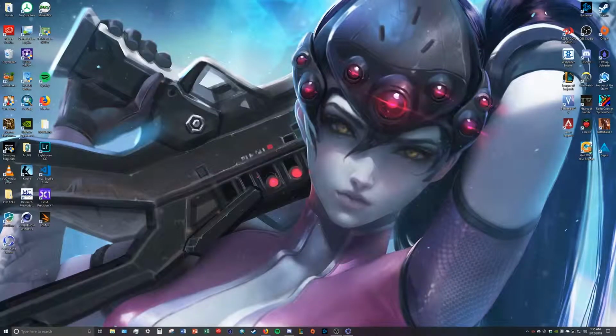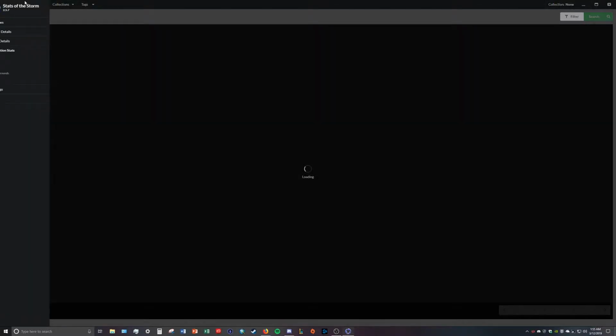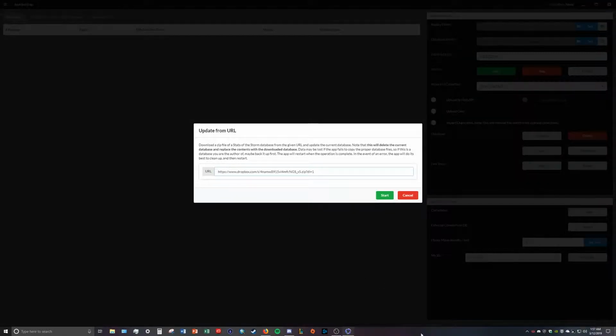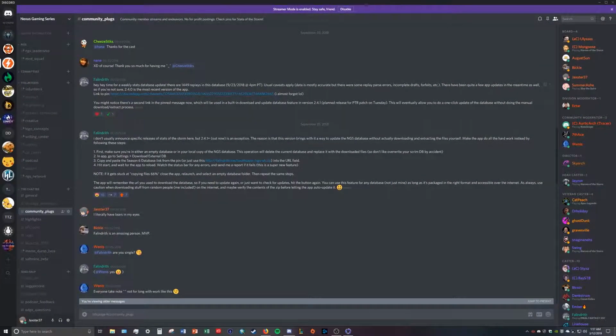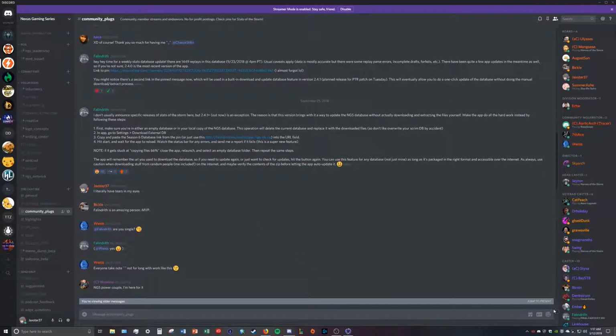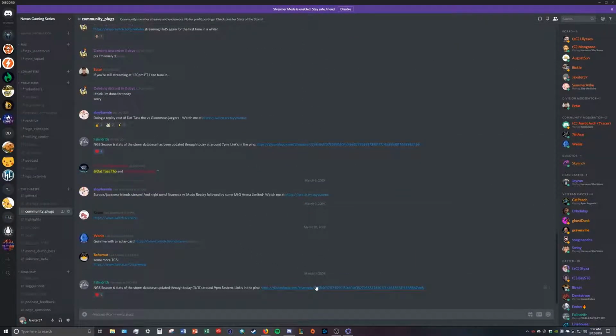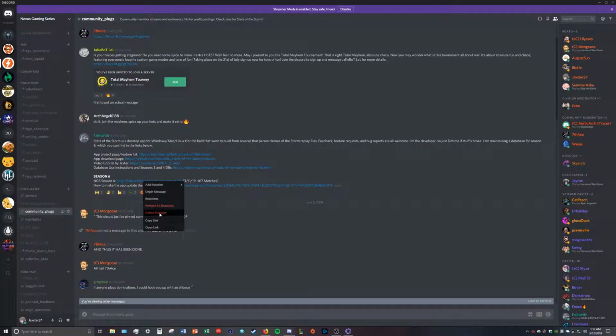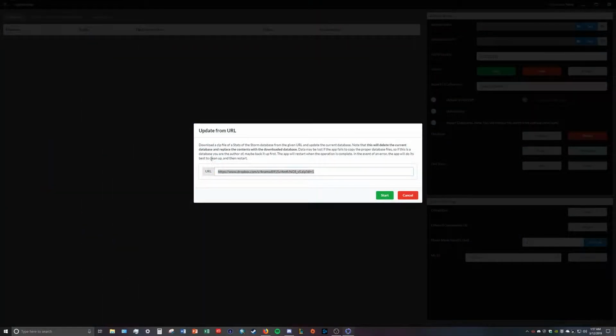I will walk you through it. Essentially, what you're going to want to do is, back in Stats of the Storm, go up to the top left, go to Settings. To get the most up-to-date statistics, you're going to want to go to Database and go to Download. And right here, you're going to want to copy the link that Falindrith has provided right here. I will also include this link below. So you copy this link, paste it here,